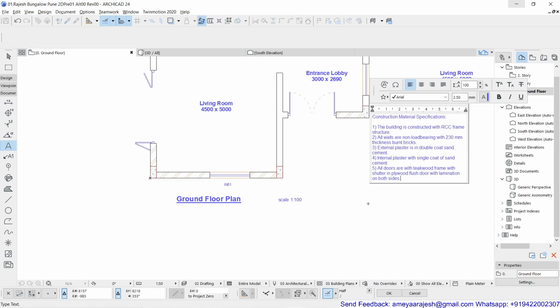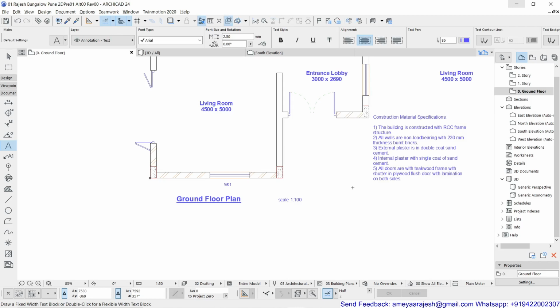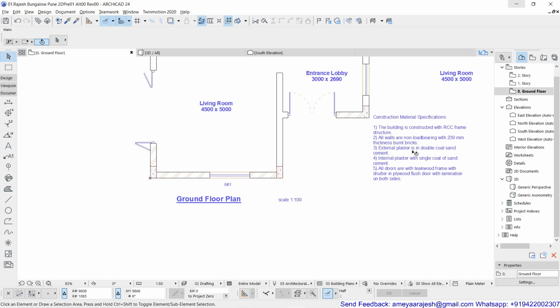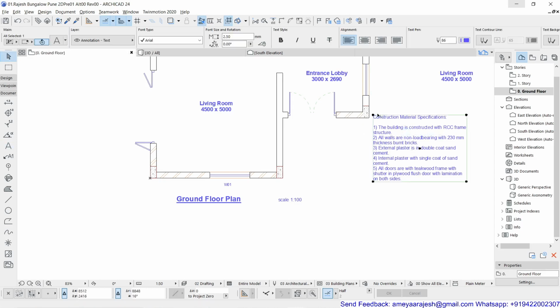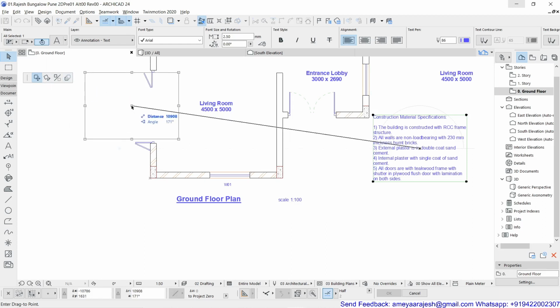So click outside anywhere to finalize the text, and if you want to edit this for some reason, maybe you want to adjust the width again, just press W for the arrow tool, and with your quick selection on, you click anywhere on the paragraph, and you will see the entire text is selected. How to edit this? If you want to edit its width, you don't have to click the center node, because the center node palette is very much restricted for the options. I'll give a single escape to remove this.